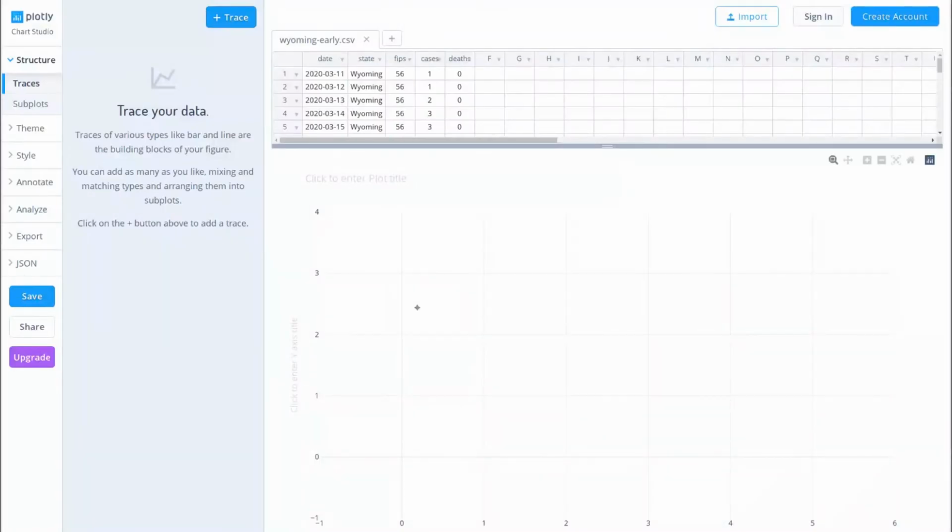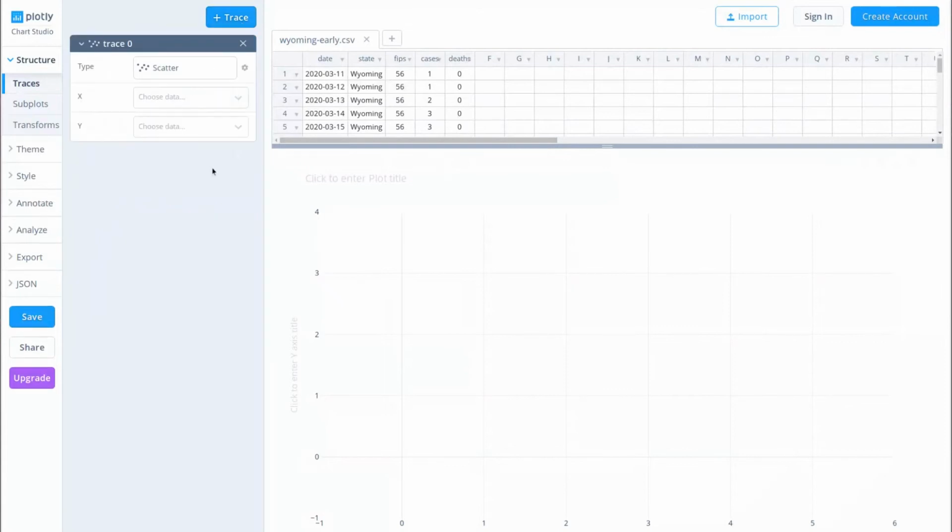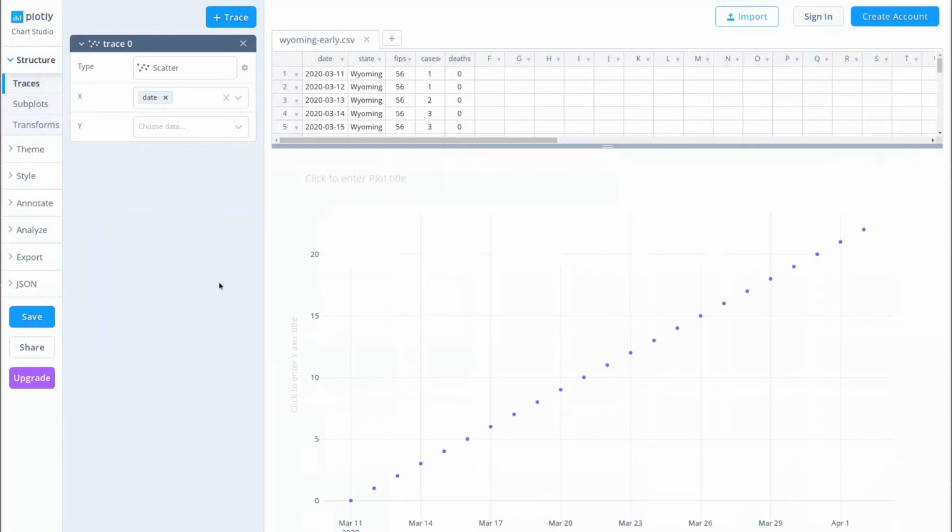Okay, so here I am in an online graphing tool, and I've loaded some data up here. Let's make a graph. Let's make a coordinate plot just like we've seen it before. We have something called date. Okay, that doesn't look very exciting so far. And we have something called cases. Now, this is the number of COVID-19 cases in Wyoming over time. So something very relevant. Let's have a look what we can get if we put this into a coordinate system